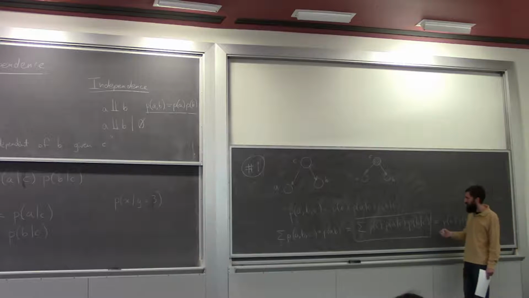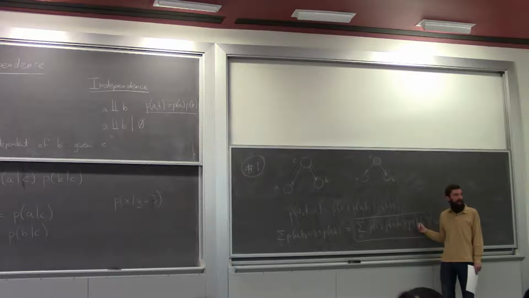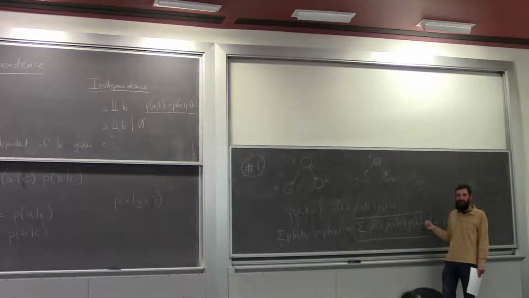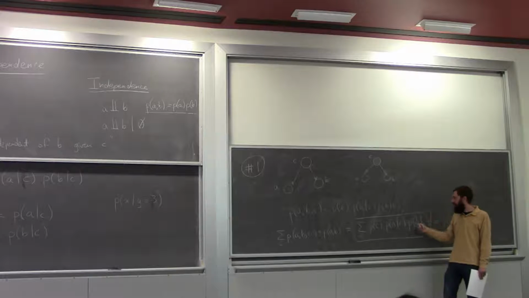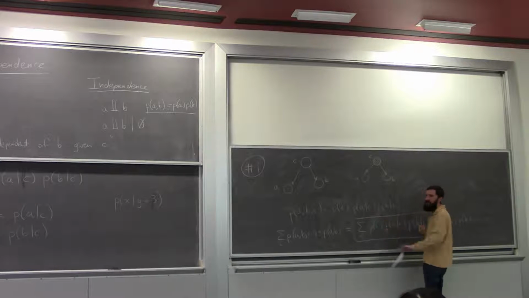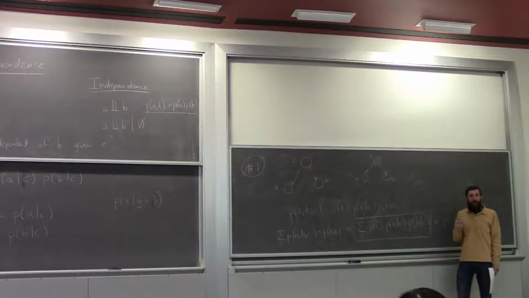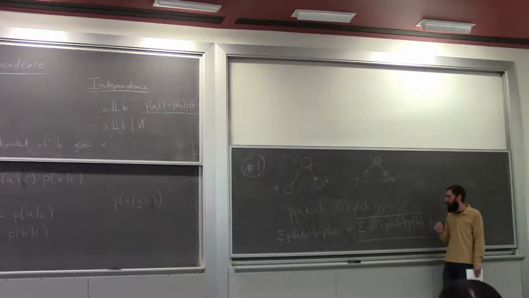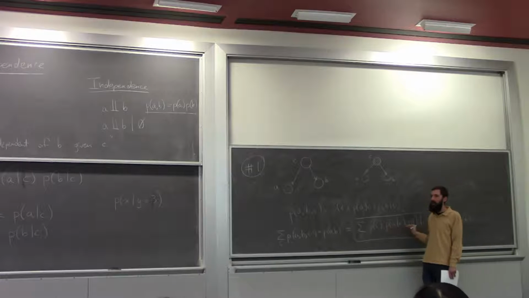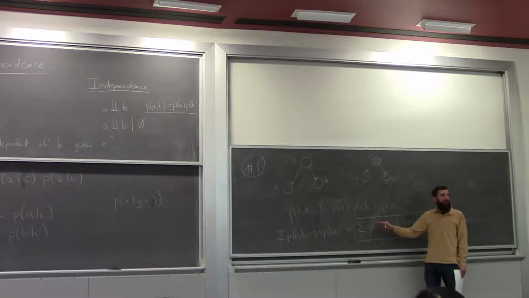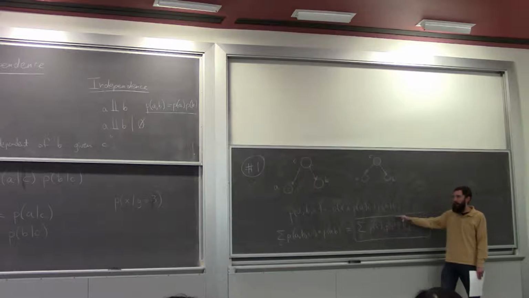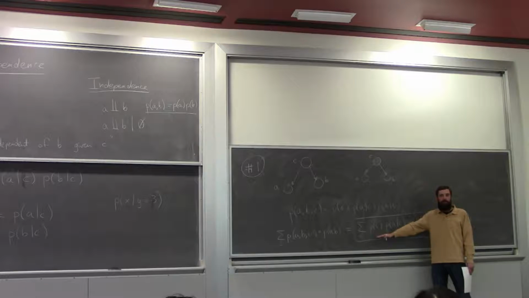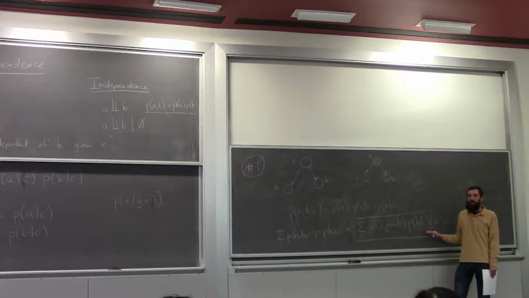So the C is intertangled, right? That's not a real word, but it is tangling the P of A and the P of B together. There's no way to split this into a separate thing. Okay? Now, you have to be a little bit careful. There are some distributions where I could write this down and make it split. But in general, if all I know is that my joint PDF factors this way, then that doesn't tell me,